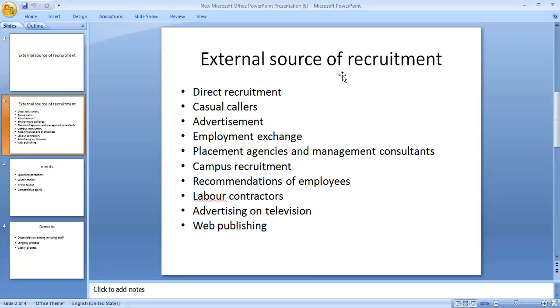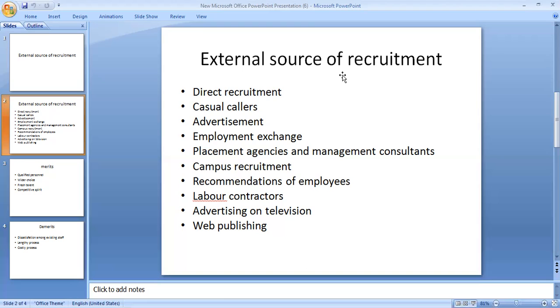So this is a very easy and very simple method of external source of recruitment, where most of the candidates, after completing graduation and post-graduation, just come and drop the resume at a reputed business organization. Voluntarily, they come and drop the resume, and the management takes it as an advantage. When there is a need for workforce, they can call these unsolicited applicants and recruit the candidates.